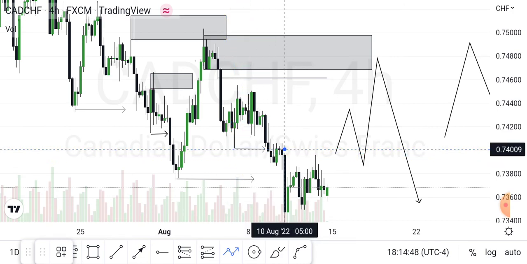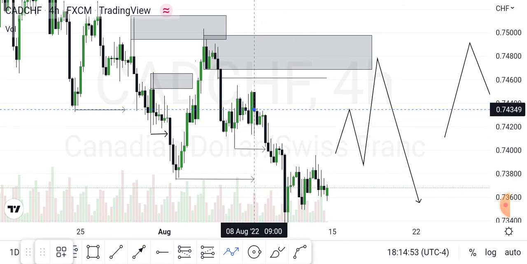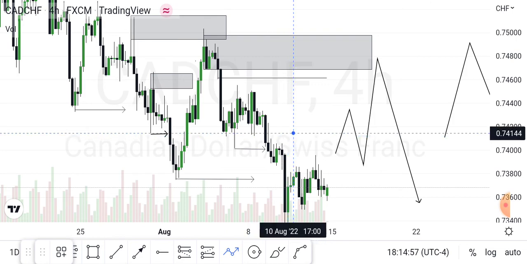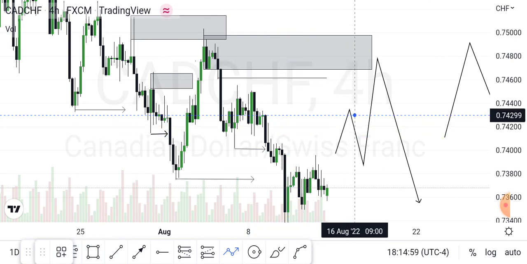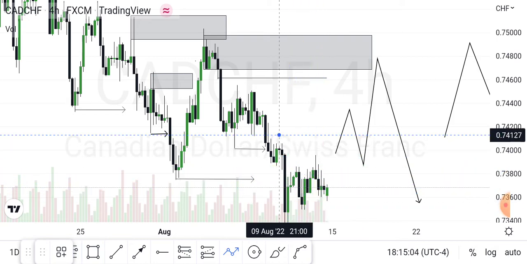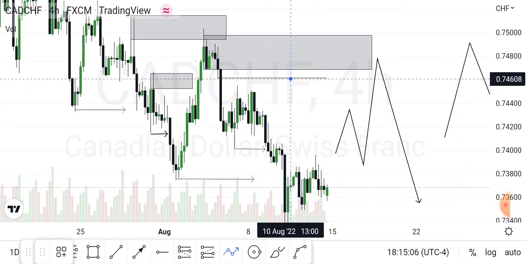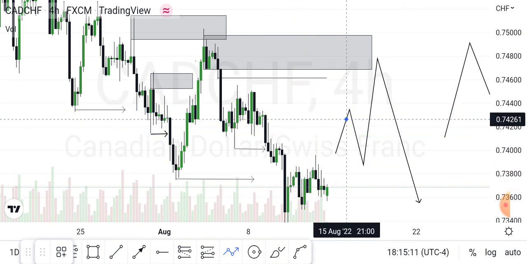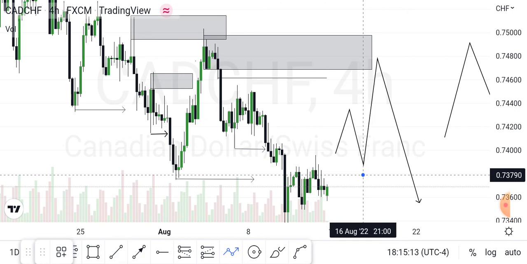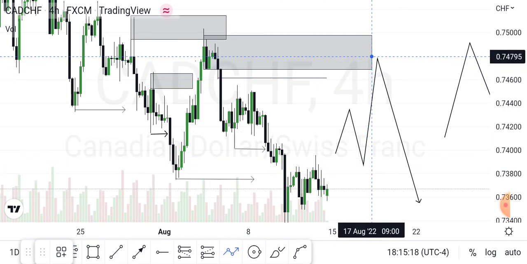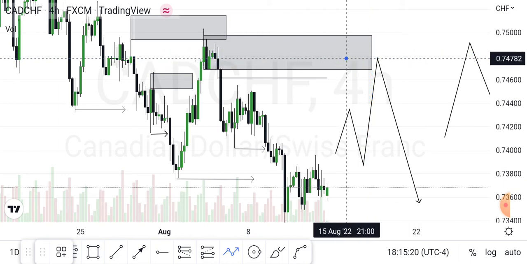We see this break of structure here, isn't it? This break of structure here, and trust me, this is the inducement, guys. That's why I drew this. This is something that has not played out yet, because we see the gap here, the fair value gap here, and trust me, there will be a reaction from this area, and this reaction will cause a break of structure that will induce traders, and there will be a proper mitigation of this untapped OB here.